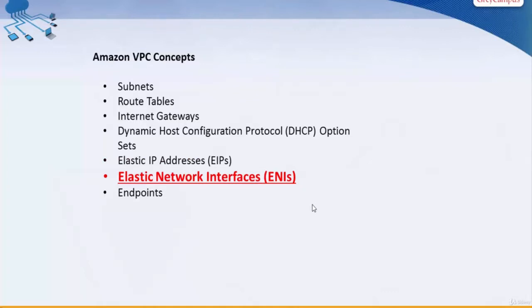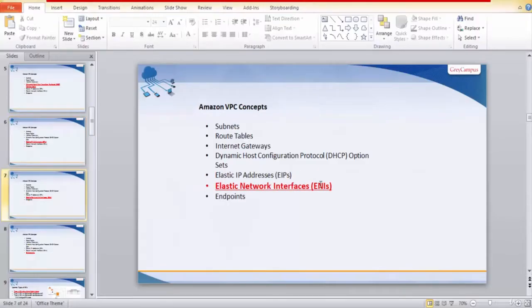All right, let's talk about the network interface card. Now we're still talking about the components that are available in a VPC. At a later point we are going to connect all these components together and create a full-blown VPC. So a network interface card is also a component in the VPC. It says it's an Elastic Network Interface, which means